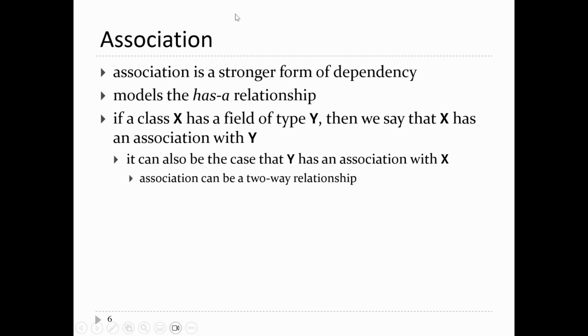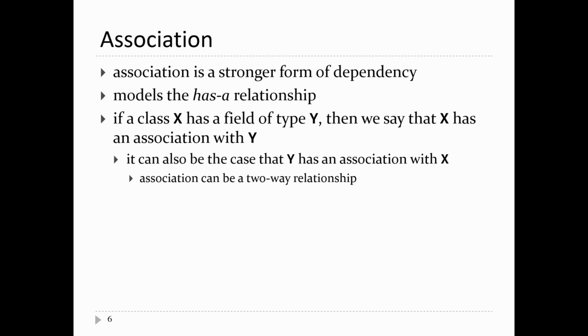Okay, so that's dependency. So dependency is "uses." It's the simplest type of relationship between two classes. Association is a stronger form of dependency. So it's dependency, but it means something more. Association means "has a." So dependency is "uses,"